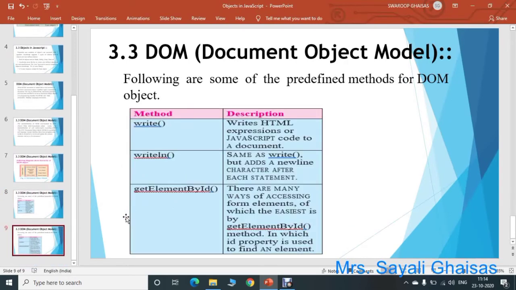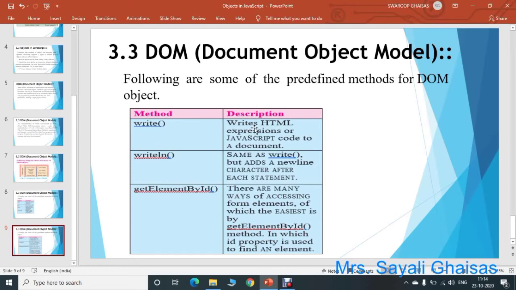Next, there are some methods also for the DOM object like writeln and getElementById. See, these we have already used in a program, that is write and writeln, document.writeln. These are methods of the document object. Document is an object, and the properties and methods of that object are there, and write and writeln are the methods, functions of that object, that is the document object.